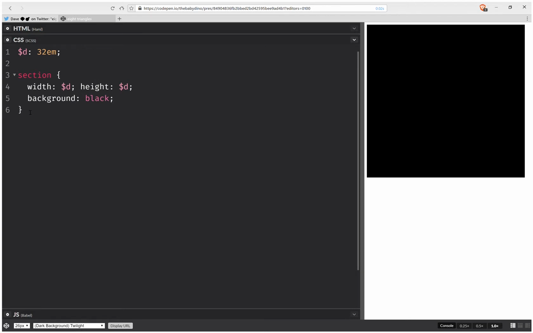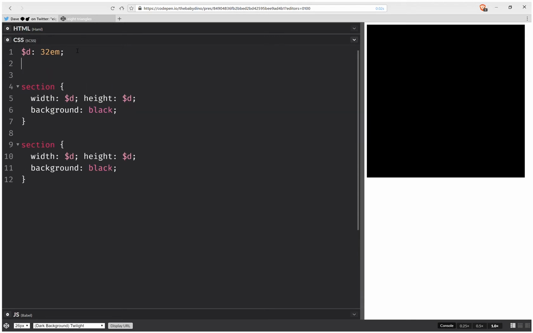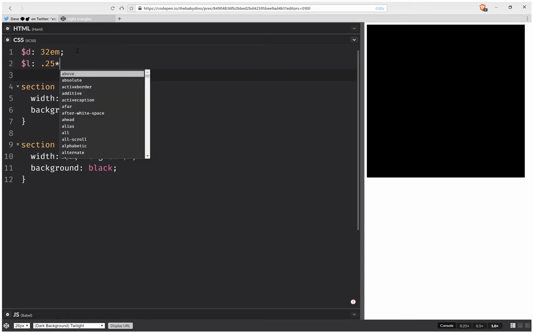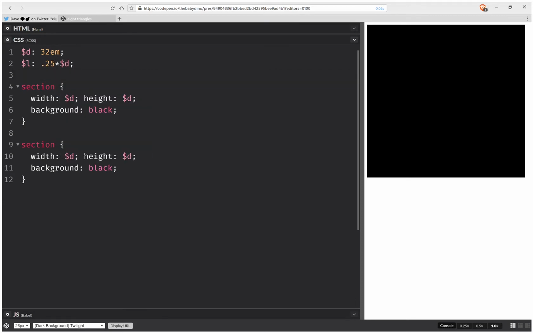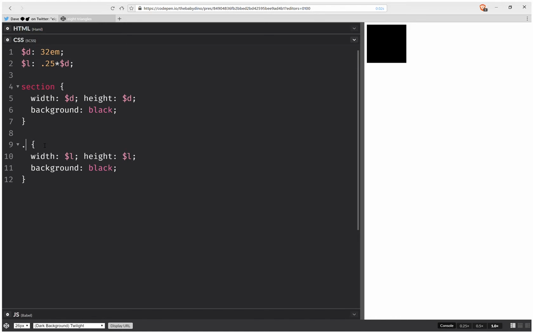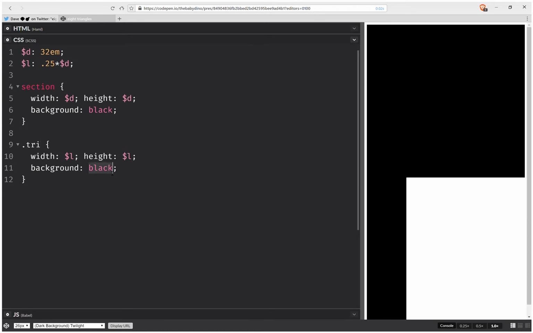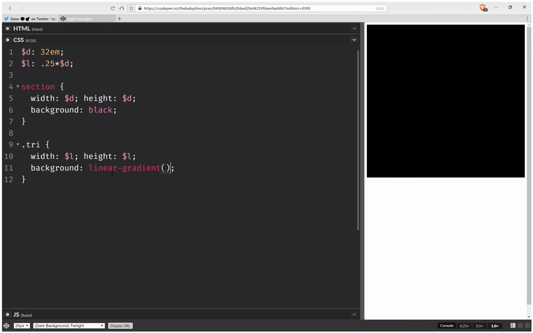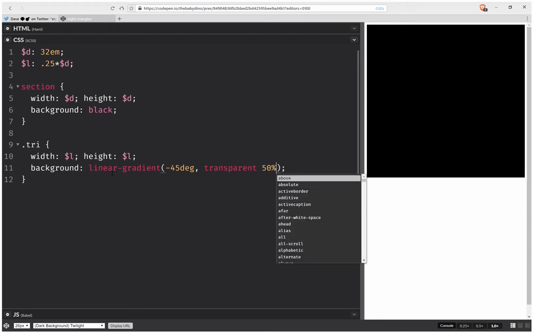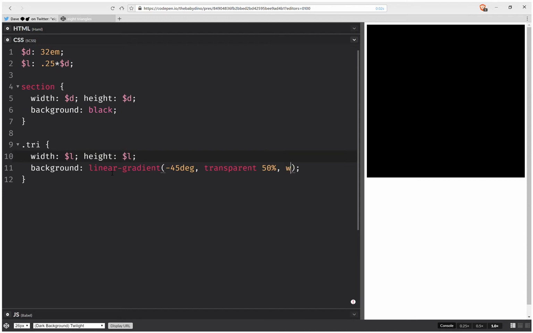Now the next thing that we're going to do is pretty much the same, only for the triangle. And we're going to have an edge length, which is going to be a quarter of this dimension, so 0.25 times d. Now here I'm going to have L, and this is not going to be section, it's going to be triangle, and this background is not going to be black, it's going to be a linear gradient, minus 45 degrees, transparent, 50%, and white 0. Okay,